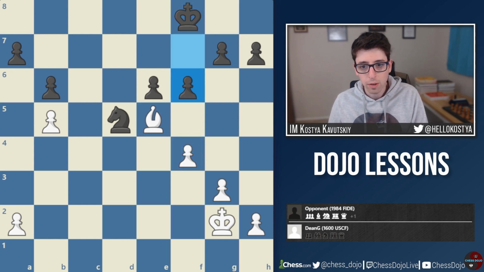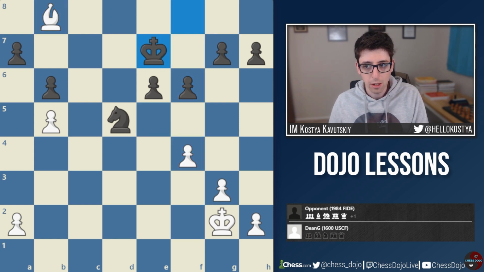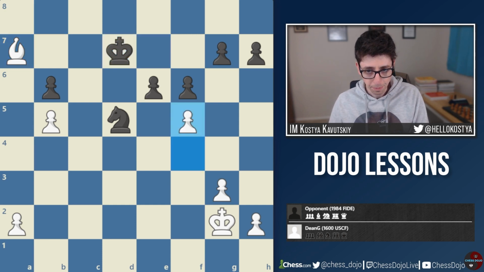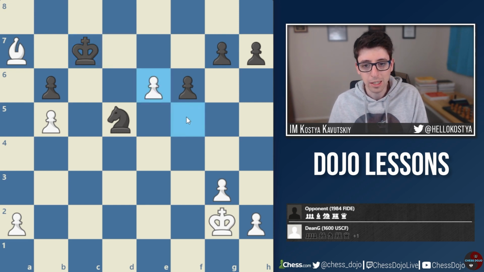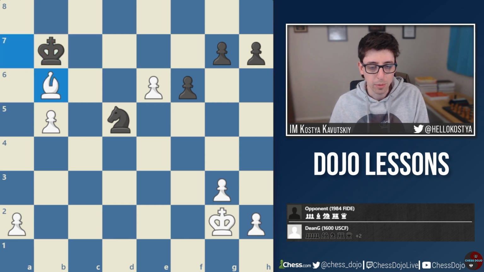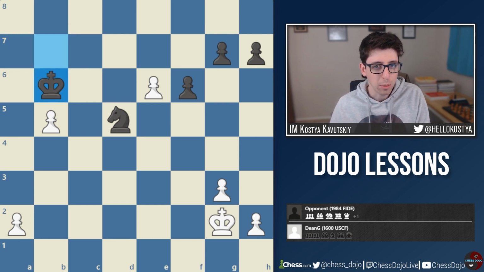So Dean tries to fight on here, but doesn't really have a lot of chances, ends up going for this one, and then plays f5 here. Black had a number of choices, I think, can take this pawn or push e5, decides to play king to c7 in order to trap the bishop. It looks a little bit scary. The game gets a little wild here with f takes c6 and bishop takes b6, but eventually Black is able to win this one,